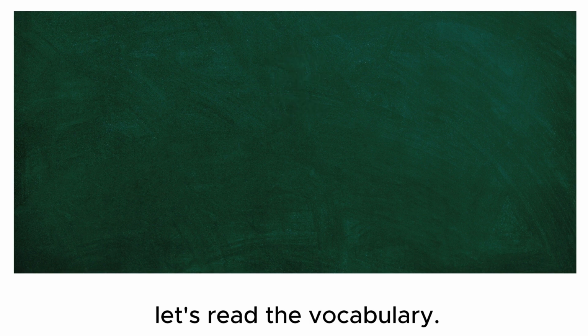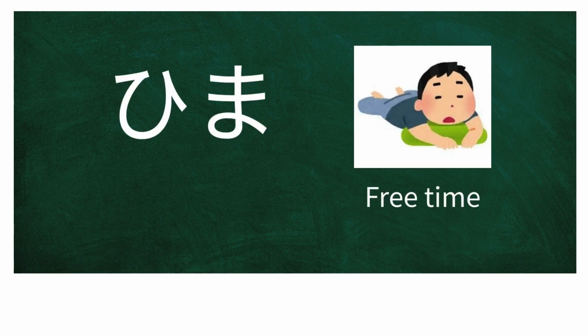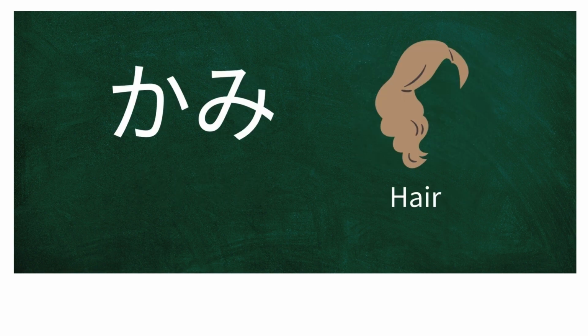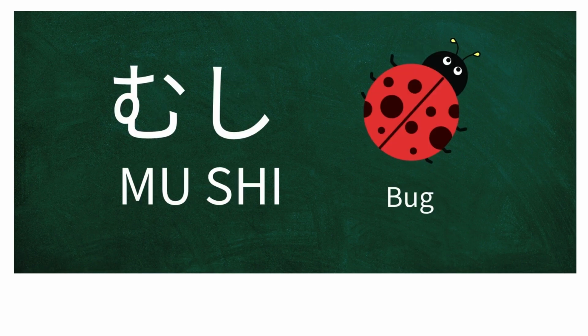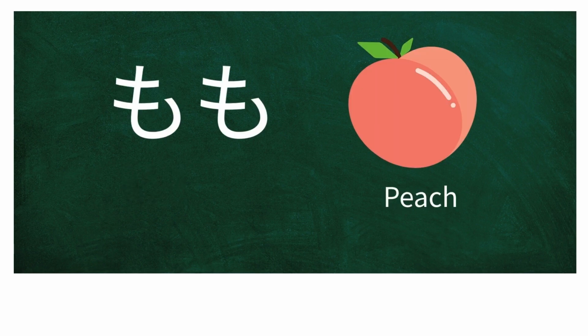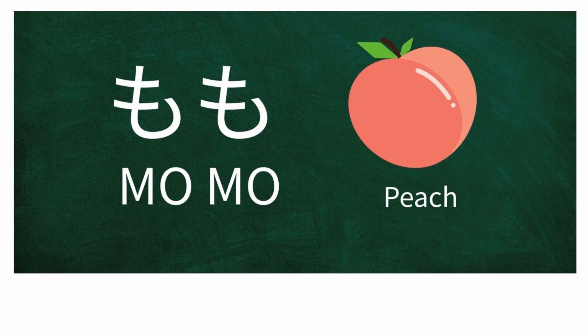Next, let's read the vocabulary. ひま、かみ、むし、め、もも。